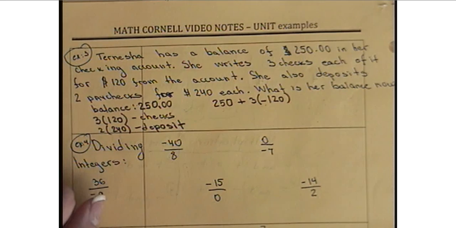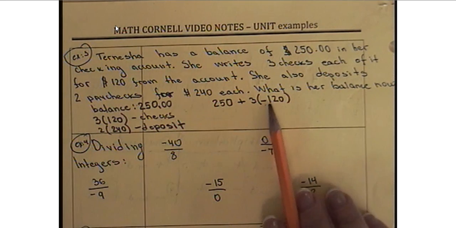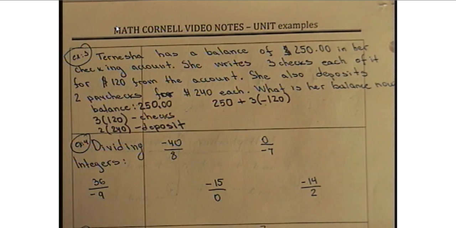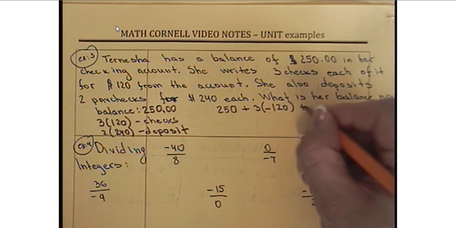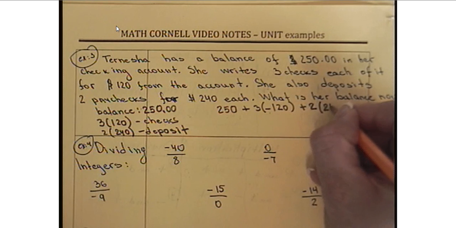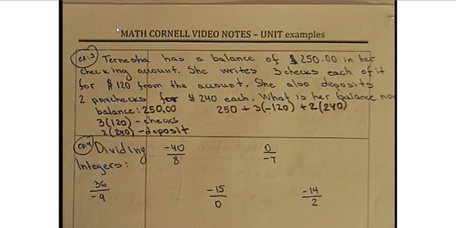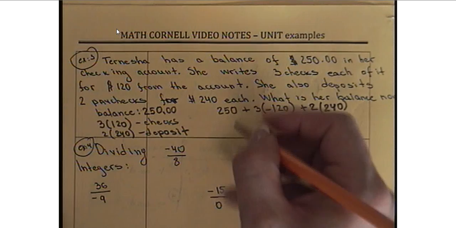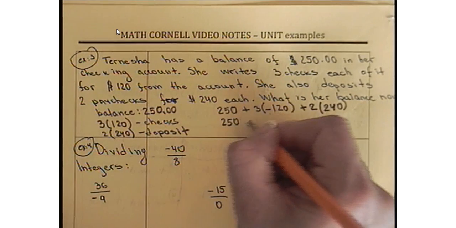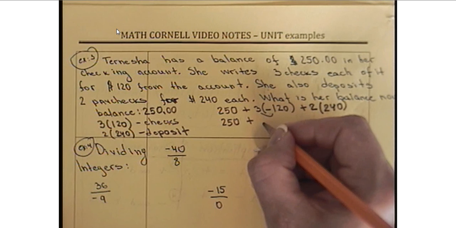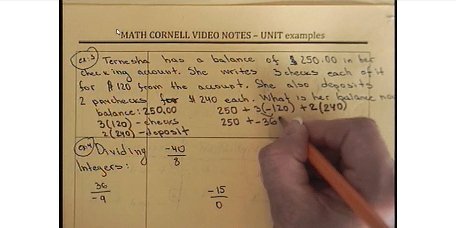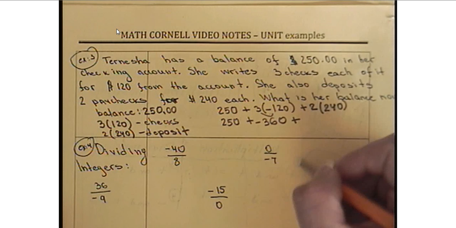So you're taking that money from your account and we need to subtract it from the account. And then plus 2 checks of $240. So those are positives because you're adding those to your account. And that will give us 250 plus 3 times negative 120 is negative 360, plus 2 times 240 will be